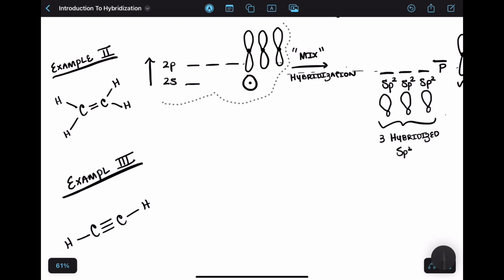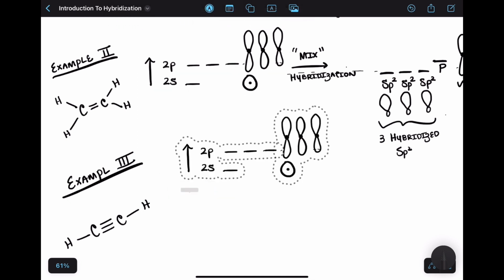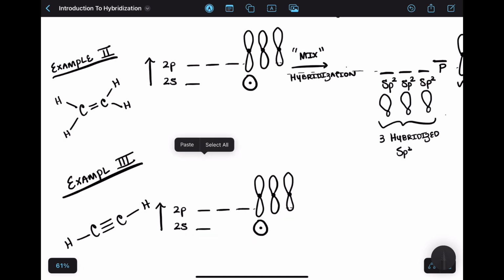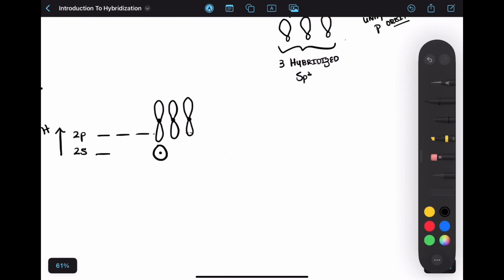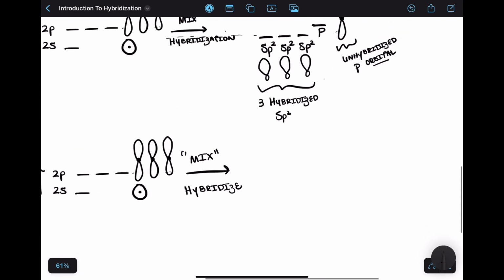Go ahead and take all of this and paste it down here. And now we'll go ahead and mix these. So we're going to hybridize these orbitals, and now we're going to get two